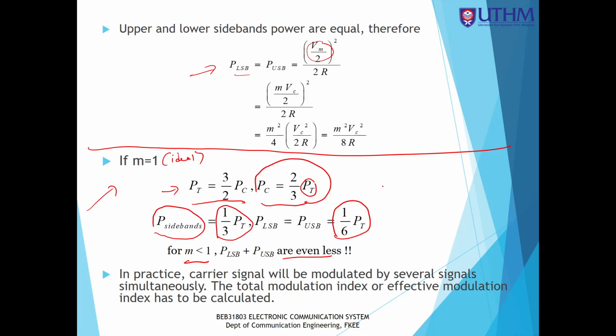So if we have many inputs and one carrier, we can increase the sideband power by doing the multiplexing. We multiplex many inputs and one carrier, and we can get the sideband power much higher,